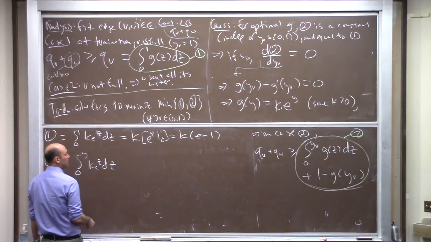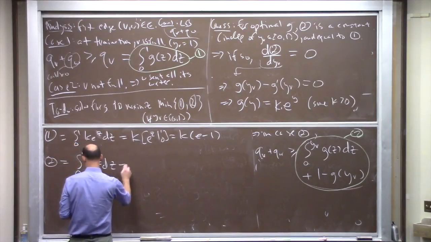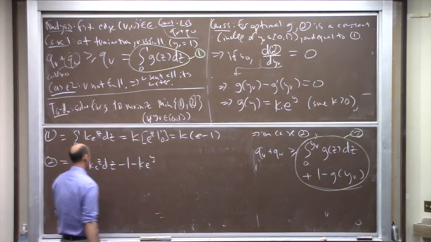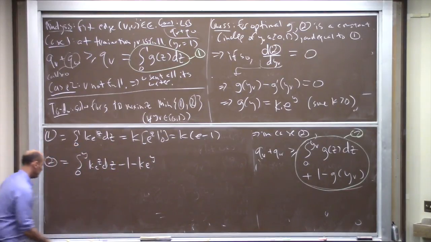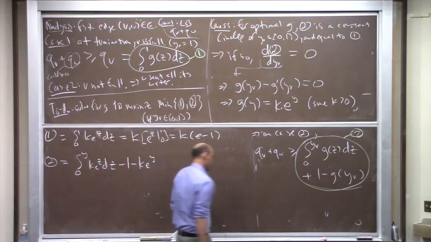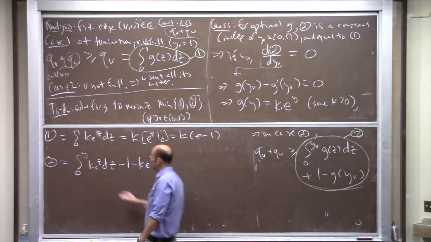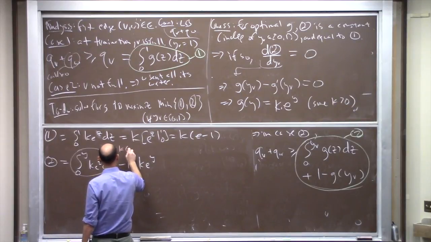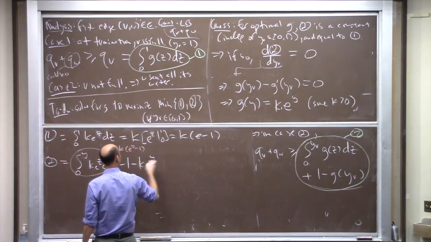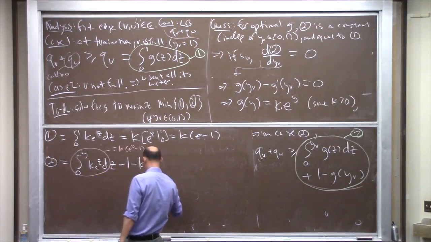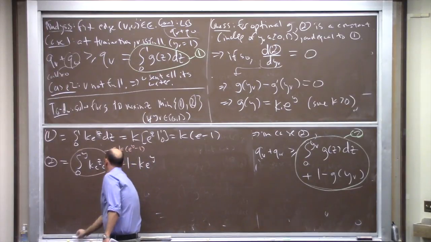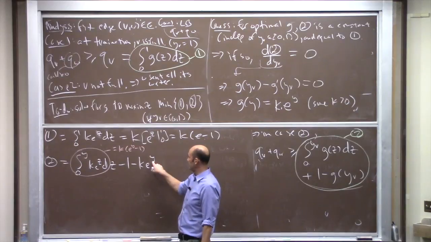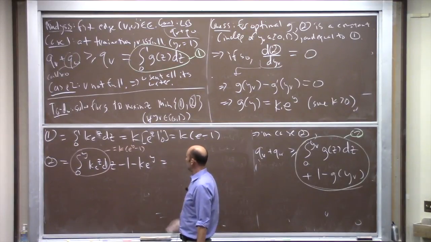But then we also have this 1 minus g of y. So that translates to 1 minus k e to the y. So the same computation as before tells us that this equals k times e to the y minus 1. No longer e minus 1, but e to the y minus 1. And we see that this k e to the y cancels with that k e to the y. So we're left with,